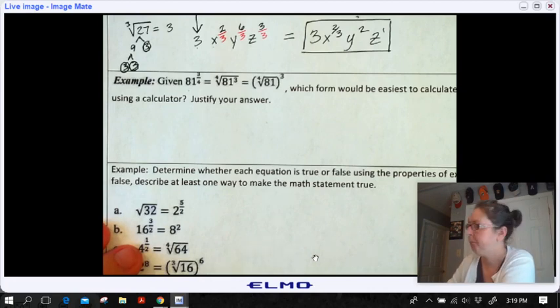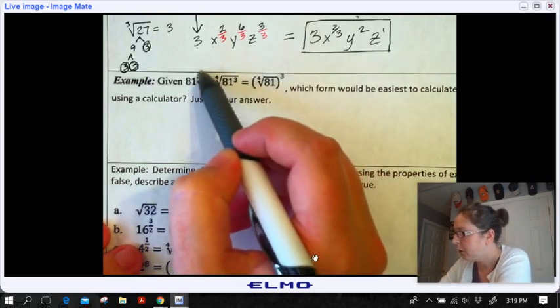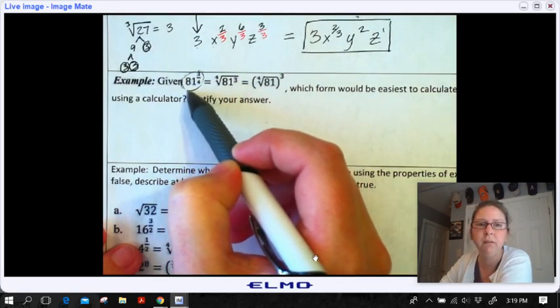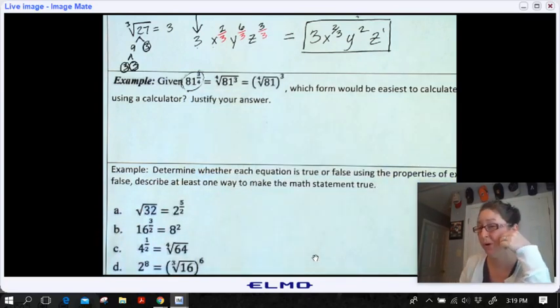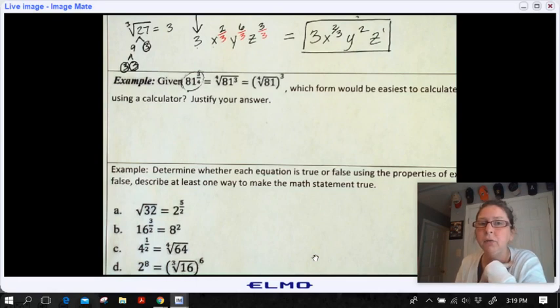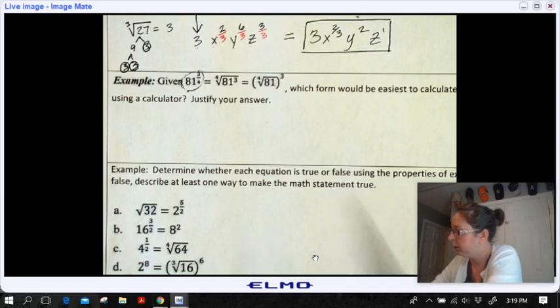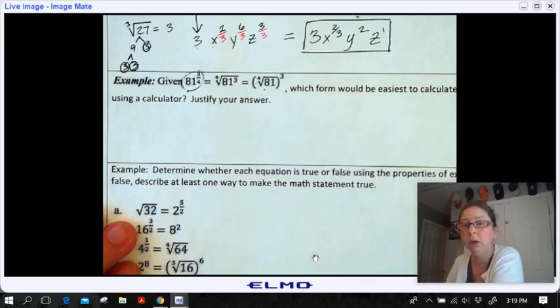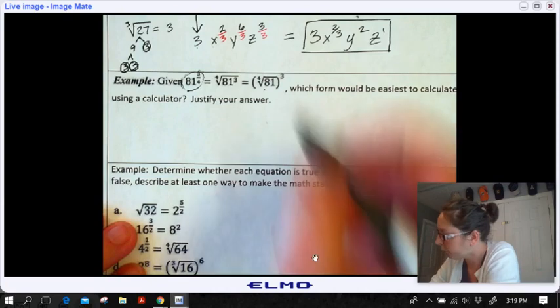Okay, I don't know about you, but I do not know how to make sense of this in my brain. 81 to the 3/4 power. I'm a little lost, okay? I personally think that it is much easier to handle this without a calculator. And we're going to do that really quick because it's very, very simple, right? So